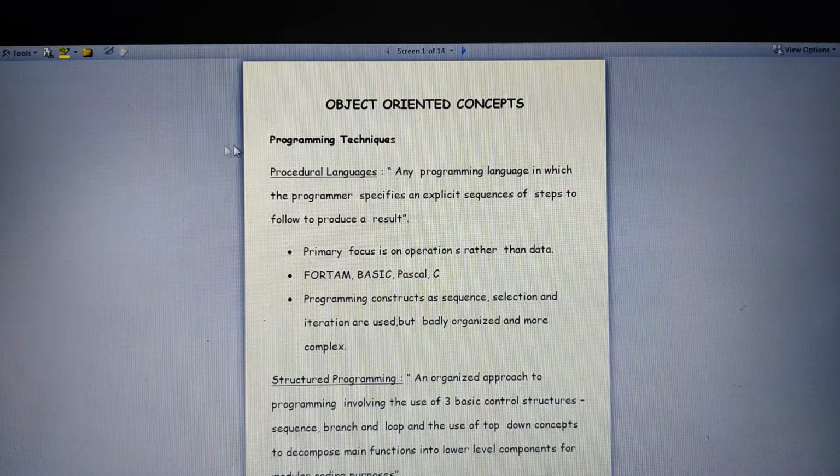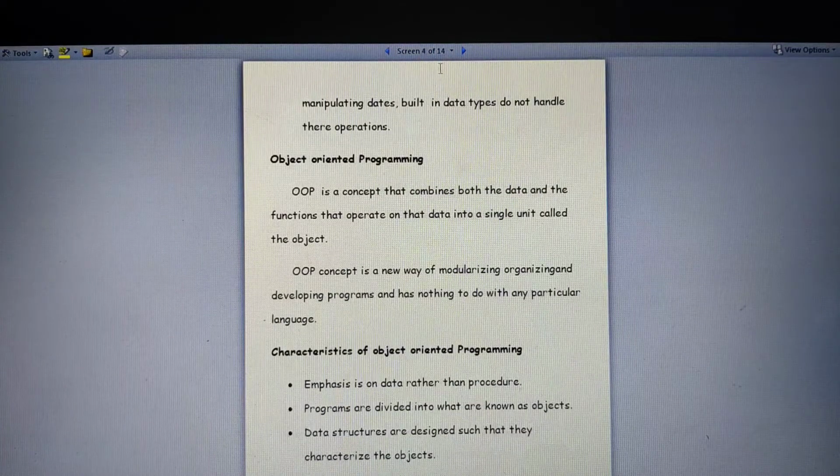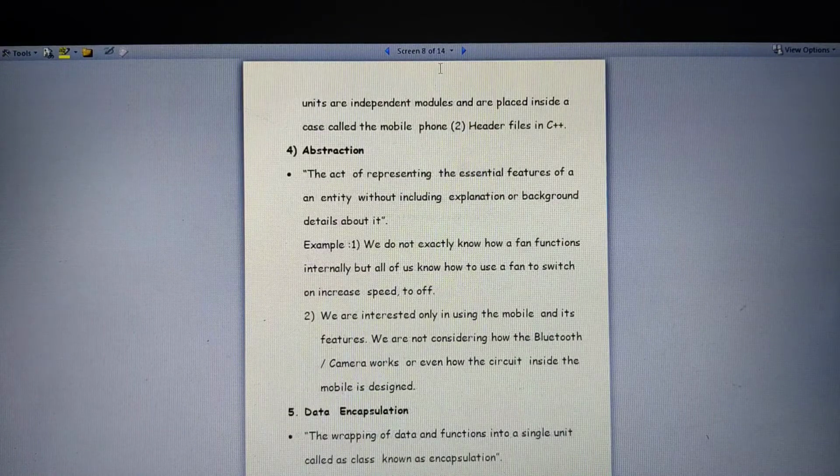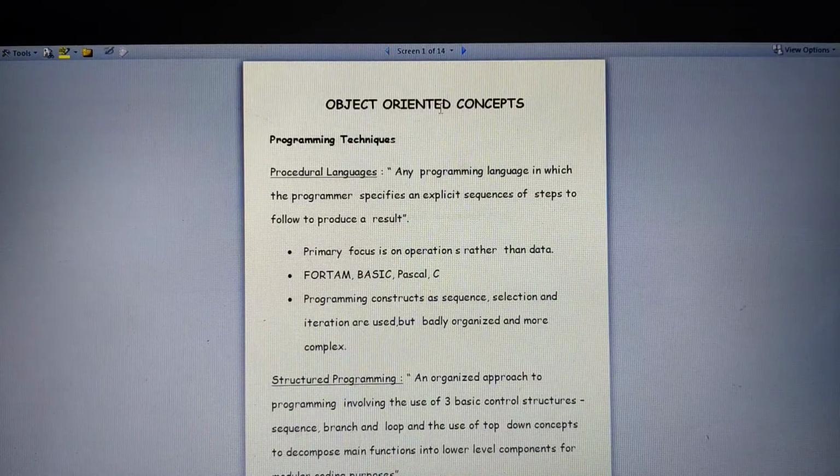All right, so this is how in the full screen reading you can see it says screen 1. So how many do we have? We have 14. That means we have 14 pages. As you are moving, the screens are moving. Now in one screen I would like to see only one page.